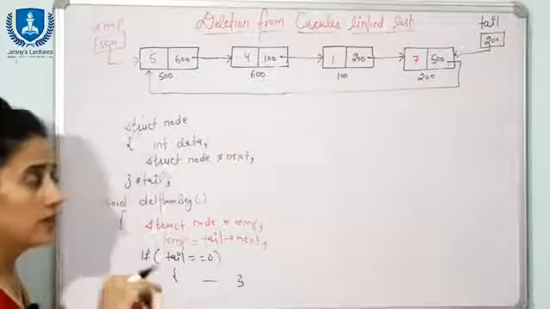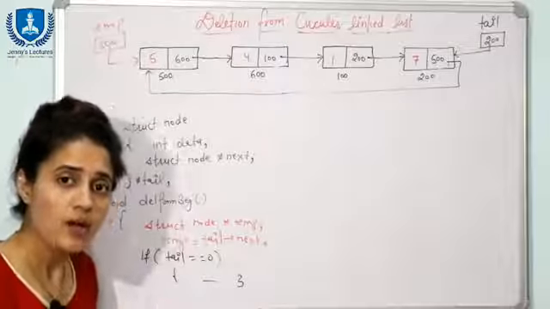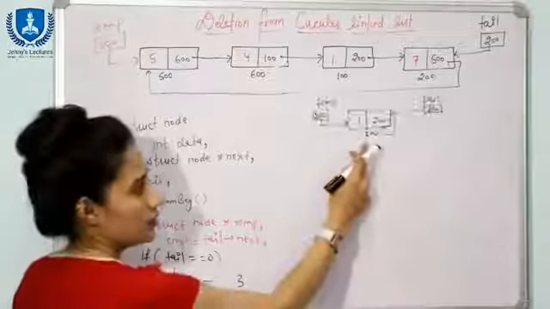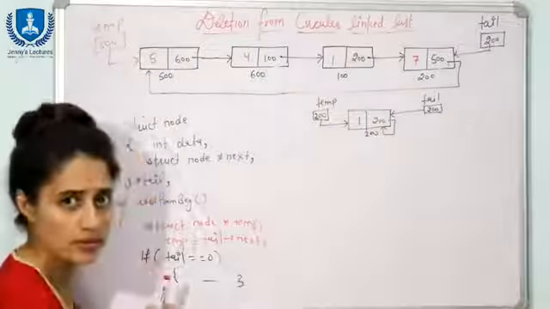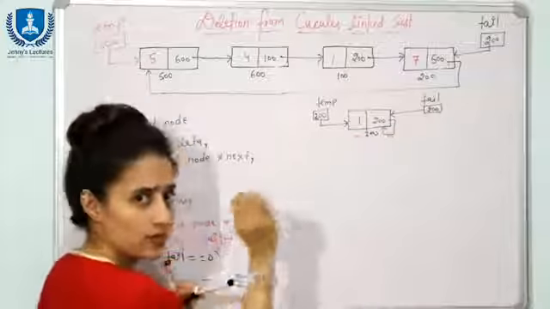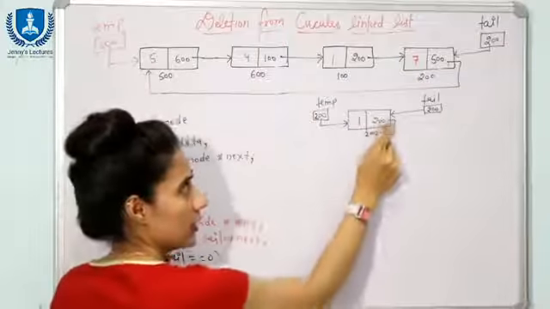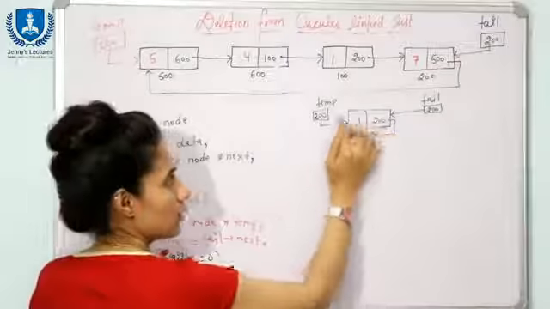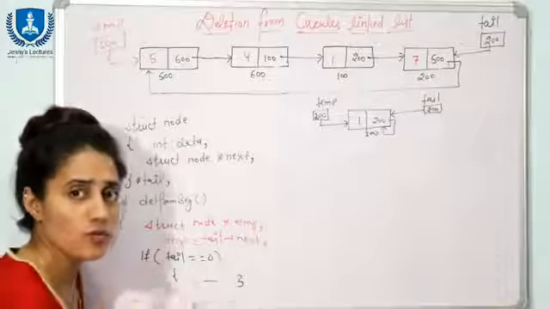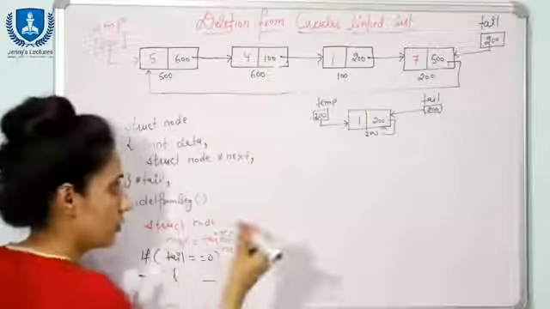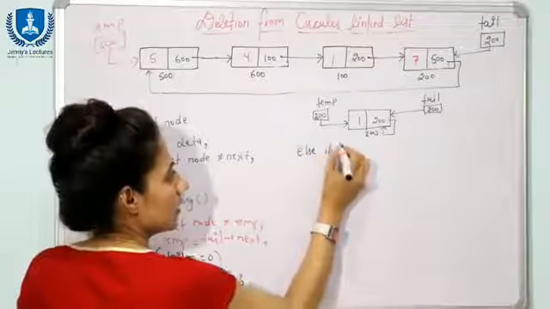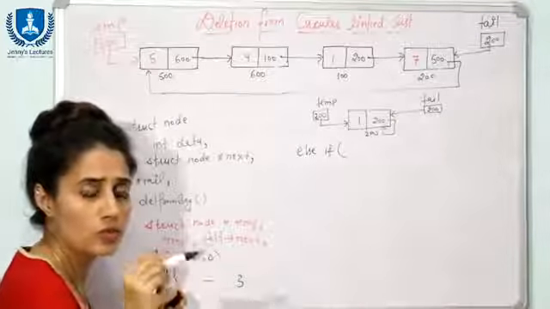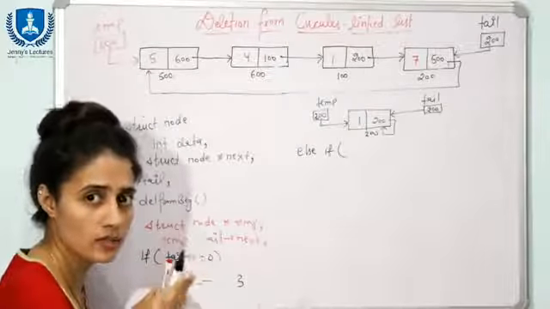Fine. Otherwise if list is not empty but we have only one node in the list, in that case what you will do? See, now this is the scenario, we have only one node in the list, right? And if one node is there, then that is the first node, that is the last node. So that is why here it is containing address of itself. Tail is pointing to this node, and we have done what? temp is equal to tail next. Tail of next is 200, so temp is also pointing to this node. Now how we will check that we have only one node in the list? So here you can write else if temp equal to tail, right? So you can see temp is equal to tail. In that case we can see there is only one node.